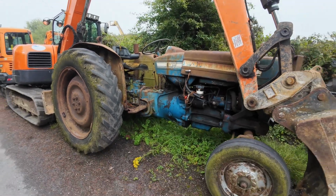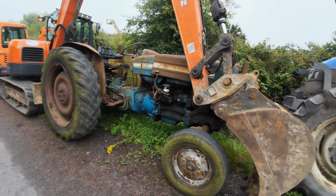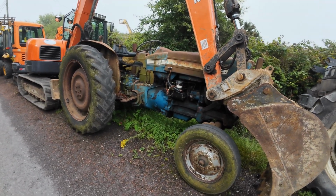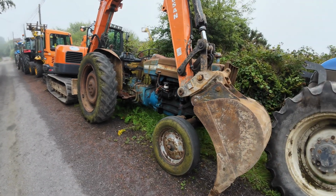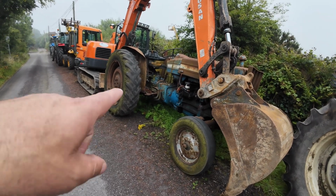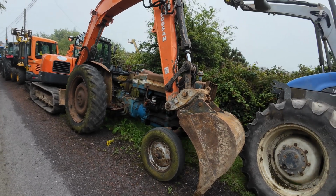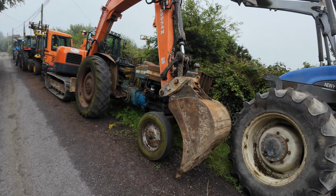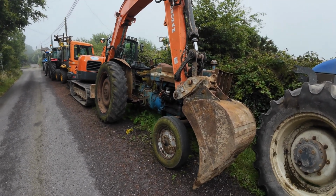Look, that tractor's perfect, the mud guards on the back of it. To me that's a lovely tractor. I wouldn't even paint that tractor. That tractor is ready to go to a vintage rally. You can get steps if you want and tidy those bits up. There's a couple of dents in the front of it, but look, that's character. I know some fellas love paint, but if you wanted to make money, if you wanted to hold its money,